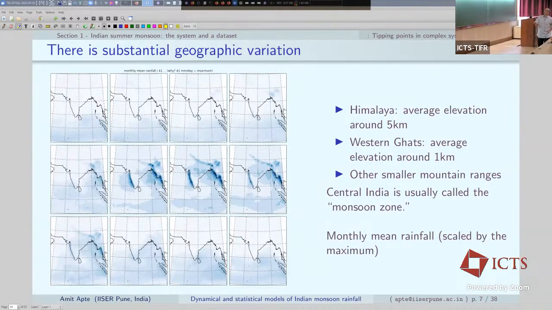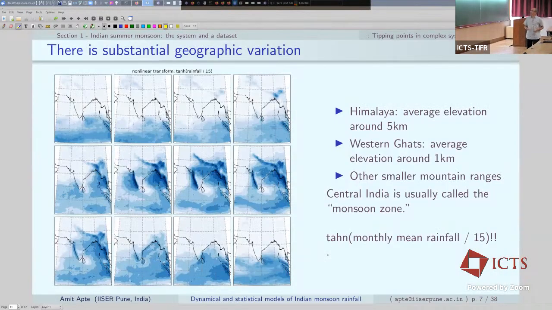So I guess the variation is so large that any kind of uniform color bar doesn't capture this very well. Maybe you can do a transform, which is what I did. So if you take, I don't know, don't ask me how, but anyway, a tanh of the monthly mean rainfall divided by 50. It somehow just makes the picture look good. So the variations can be seen much more clearly. I have no other motivation for doing this. But anyway, now you can see the variation much more clearly.